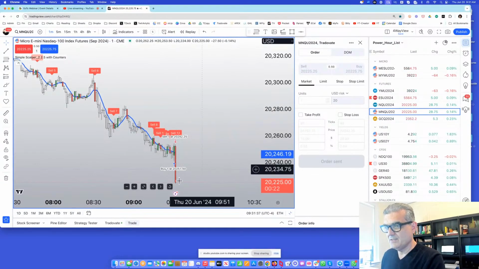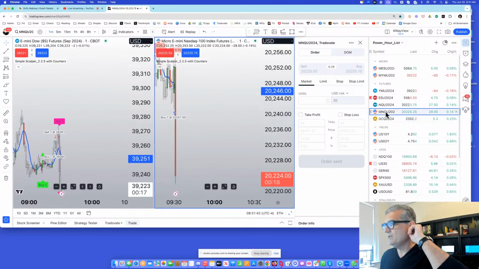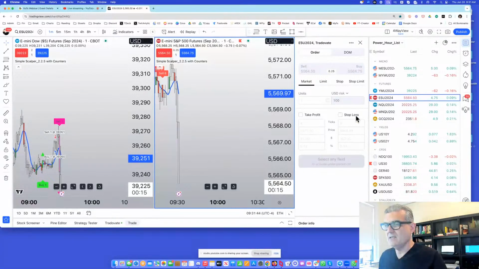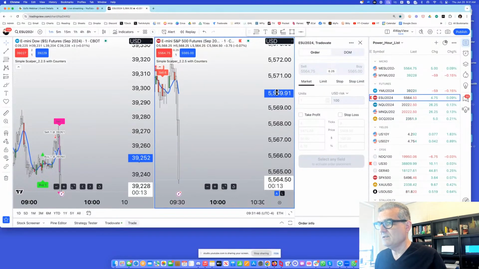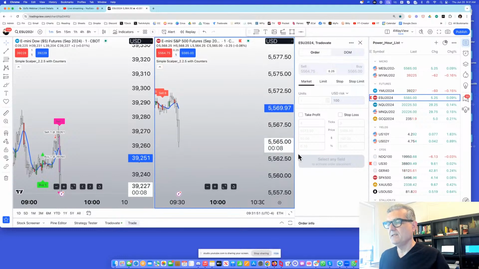We're like 30 points to the downside in NAS. Whoa, NAS, all the opening trades are just coming in hard to the downside. Now they're just selling it hard to the downside. Wow, nice. Okay, so